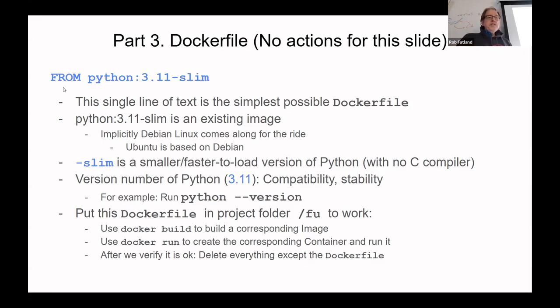So the simplest possible Dockerfile starts with the word FROM, and that's a required element of a Dockerfile. That's obviously the only thing that's required. And FROM means go and find this existing Docker image as your basis, and then do extra stuff to it as directed. So what this is going to do is it's going to go and get an image from, again, Docker Hub,